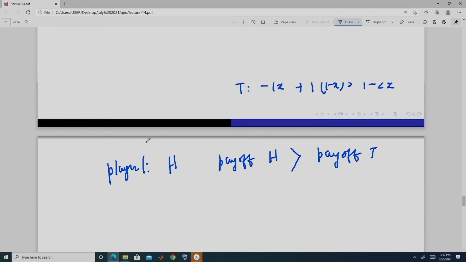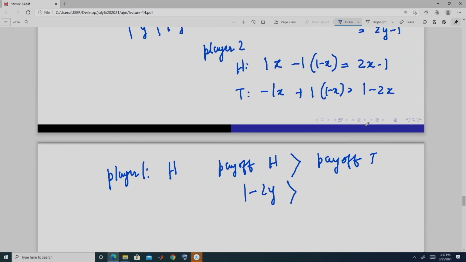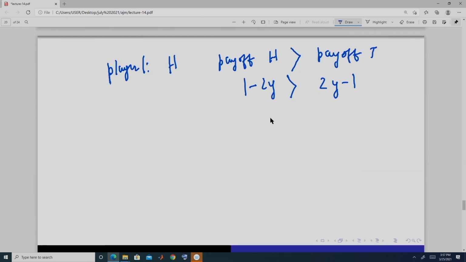That means if 1 minus 2y is greater than 2y minus 1, this means that 2 is greater than 4y. So whenever y is less than half,